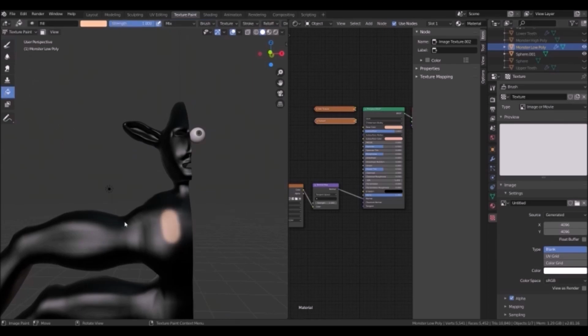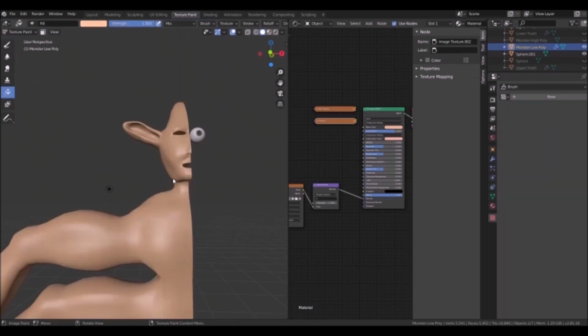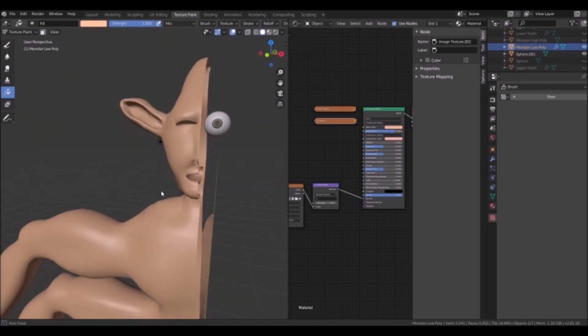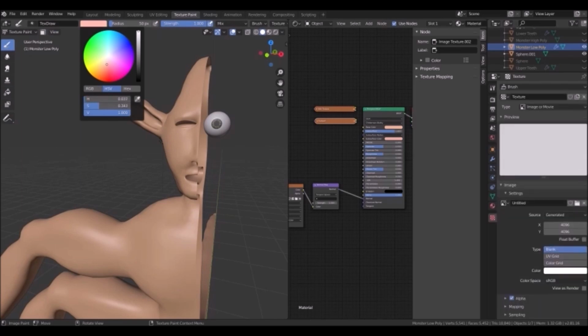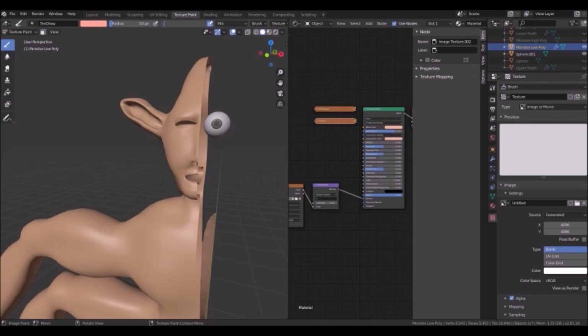Okay. For some reason it kind of glitches and I have to do that every once in a while. Alright. So now I'm going to go and create a sort of pinkish color and take down the